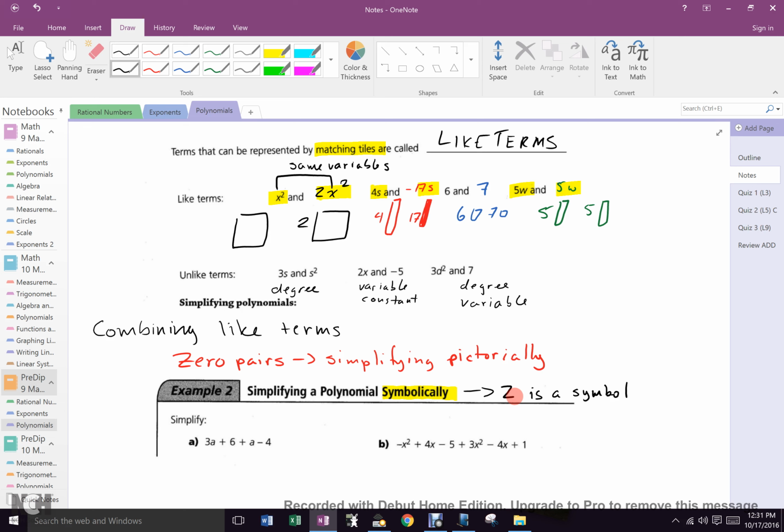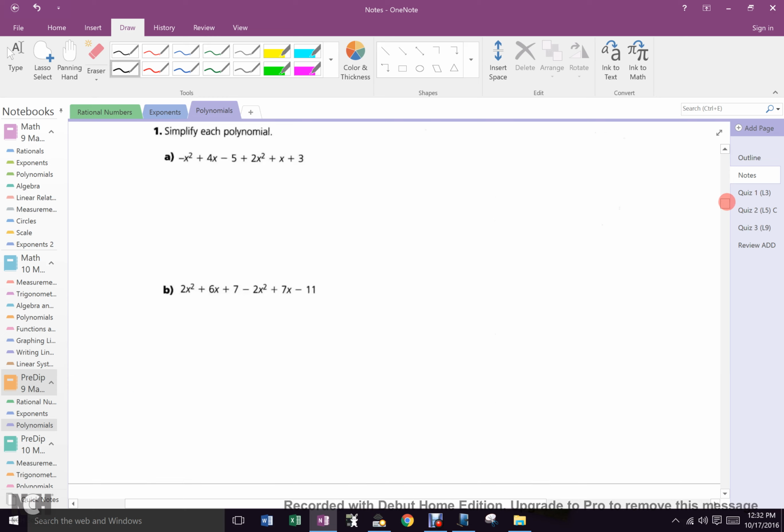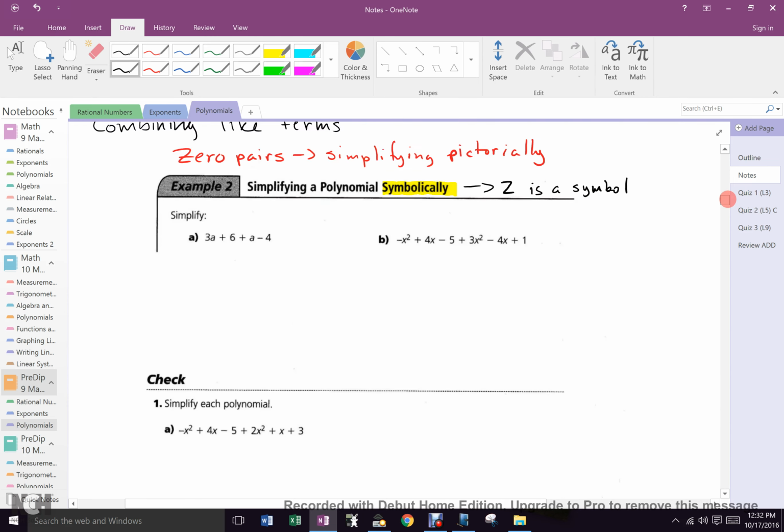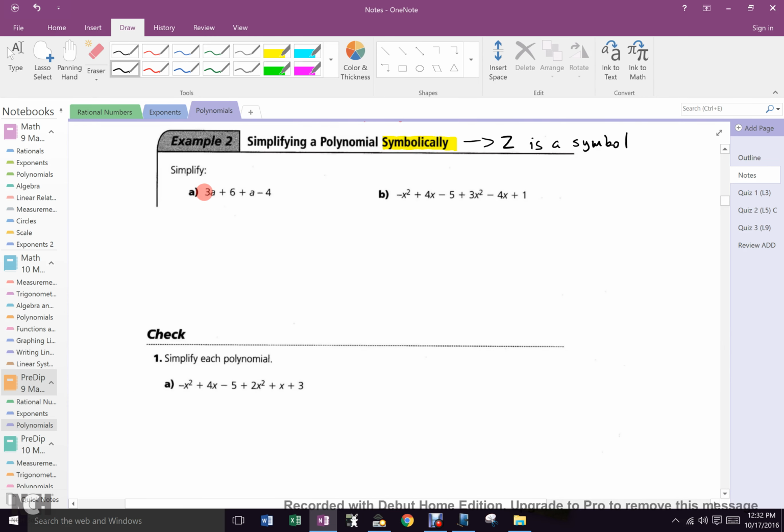Got it? Okay. So, if 2 is the symbol, simplifying something symbolically must mean we are going to do what with pictures? What, are we going to use pictures at all? No, we are only going to use the symbols. So to do that, we have to know all the definitions of which we have already spoken. So I got to look here. Simplify means we are going to combine